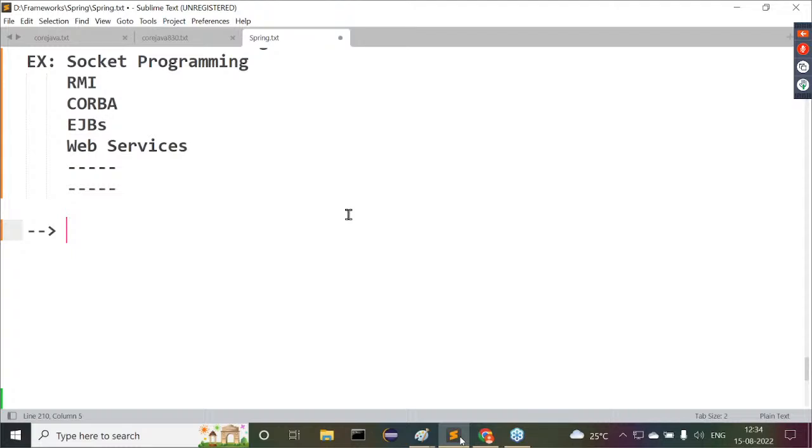Distributed applications. Application servers will provide an environment for executing both web applications as well as distributed applications. But web servers are able to execute only which type of applications? Web applications. Observe carefully what I'm telling you. So here the point is what? Web applications